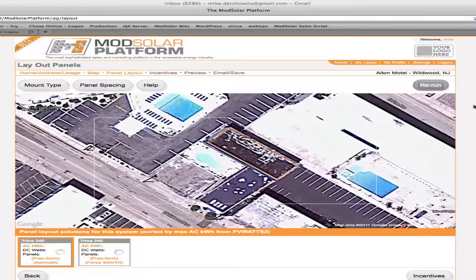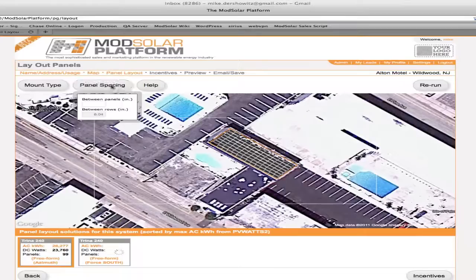So when that comes back, I'll just go ahead to the incentives page and the proposal page, and of course everything carries through. So as soon as this comes back, we'll go ahead and end the video. There you go. Now we've got some more reasonable shading here. The spacing now is at 8 inches, so an extra 5 degrees is equal in this case to about an extra